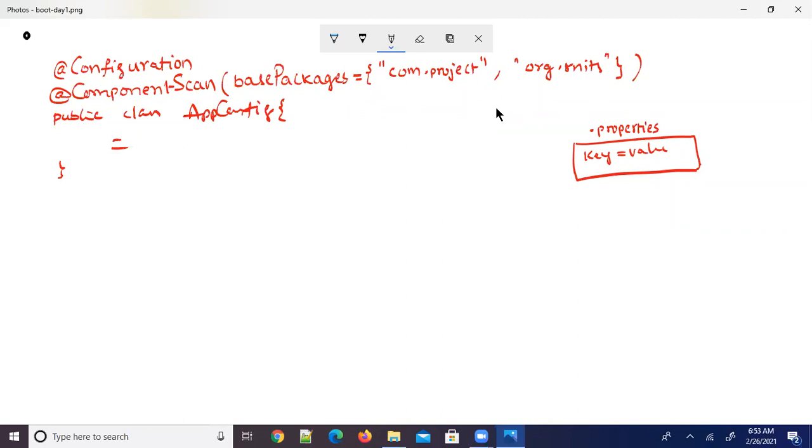To load all the properties from the external properties files, we need to add an annotation, @PropertySource.